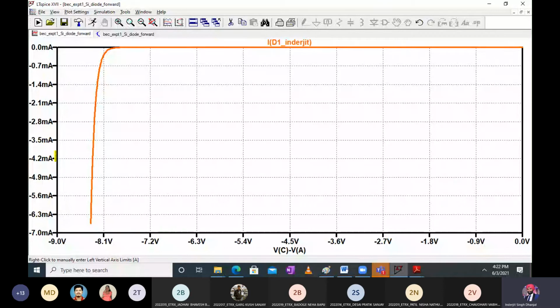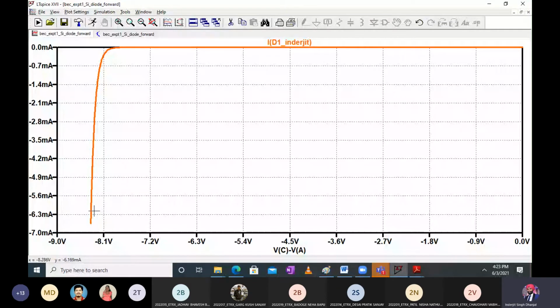And I think you all are diploma students, so you might know about the Zener as a voltage regulator. Yes or no? Have you heard of it? Yes, sir. So why is it a Zener as a voltage regulator? Look here, the voltage is constant and the current is going on increasing. Hence, you can use it as a voltage regulator when it is connected in the reverse bias.